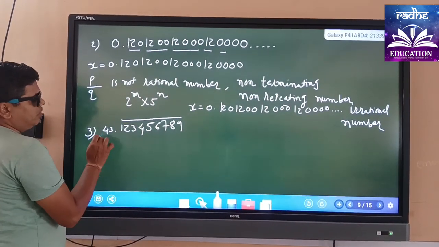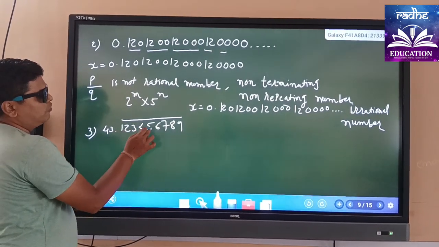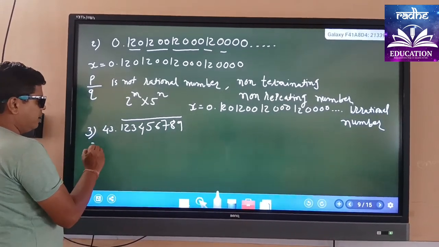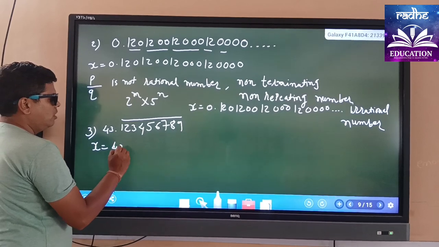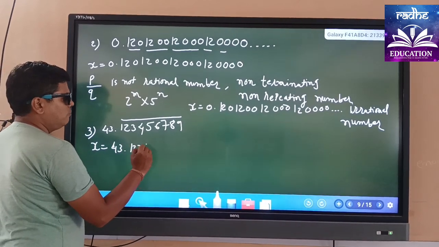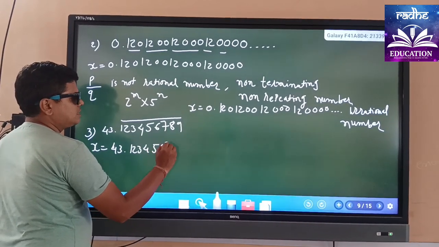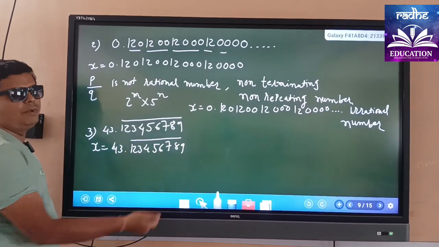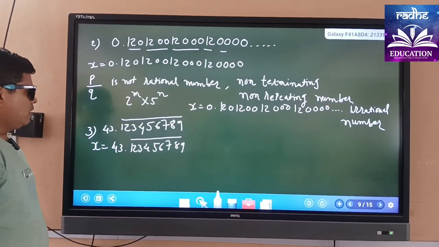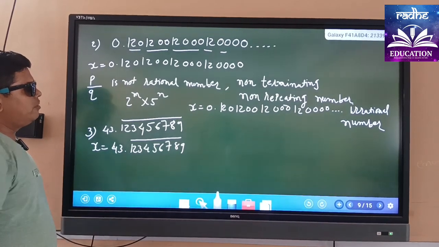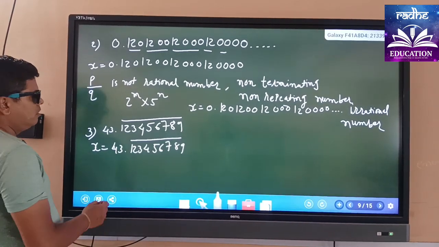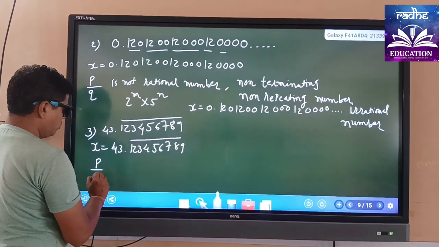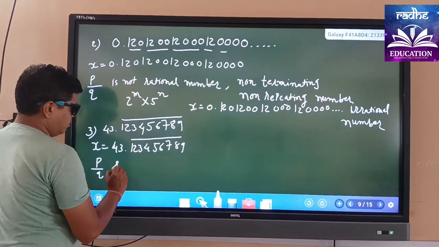Suppose we consider this number as x equals 43.123456789, with a bar. This bar indicates that these digits are repeating. Now suppose these numbers are repeating, then we can say that this is a rational number. p by q is a rational number,